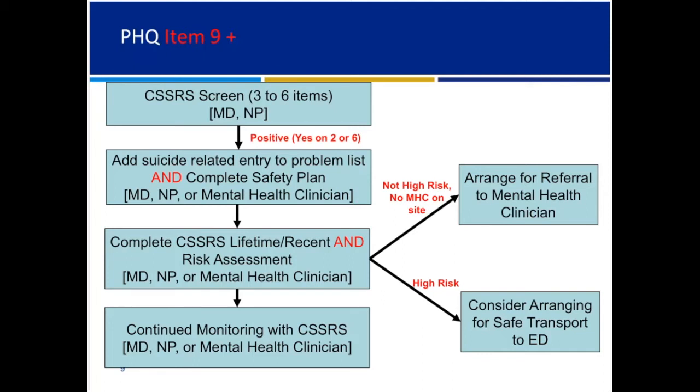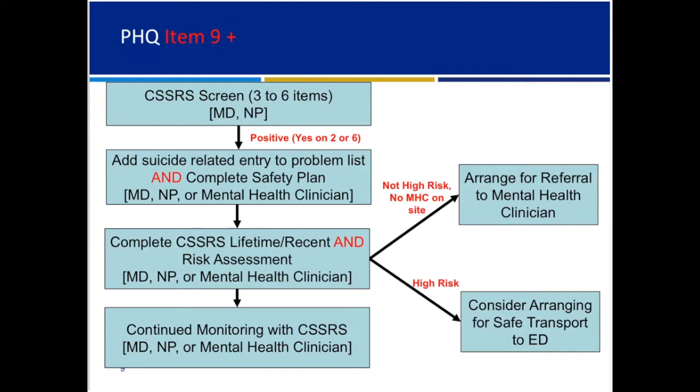It's important to note that when the full version of the CSSRS, what's called the lifetime and recent version, is administered and the clinician establishes that the person is at some risk for suicide but is not at the highest risk group, so they're not imminent, then most of the time it's important to get a mental health clinician involved in that patient's case. And if there's no mental health clinician on site, then the clinician should arrange for a referral to a mental health provider in the community. If the CSSRS and the risk assessment shows that the patient is at really high risk, so they're at imminent risk, and the clinician is really concerned about the patient being safe, then they should consider arranging for safe transportation